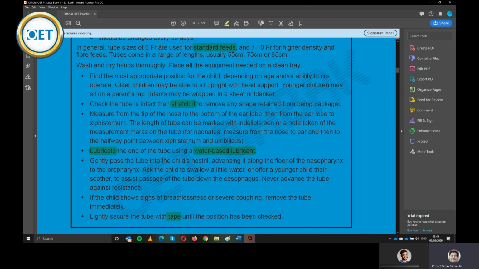So tube size of 6. And we have here severe coughing and breathlessness. Okay, so we've got three answers here. So yes, we can go down and we say,